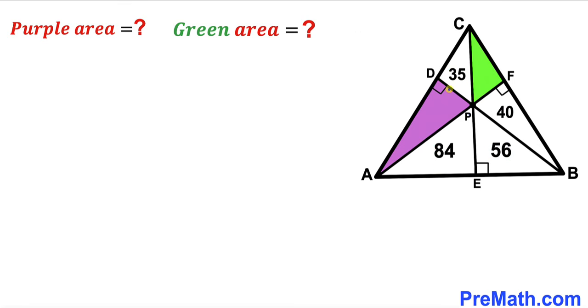And moreover, all these angles are 90 degrees. And now our task is to calculate the area of this purple triangle and the area of this green triangle